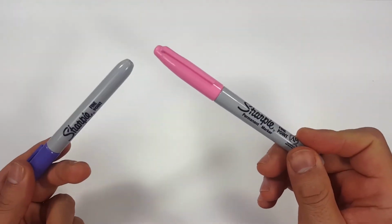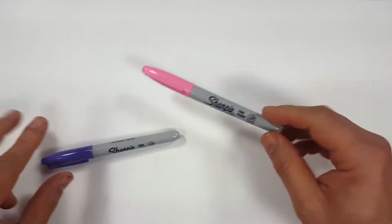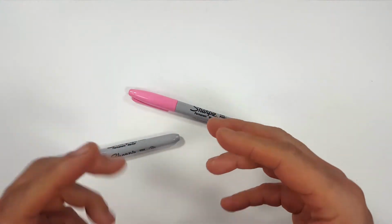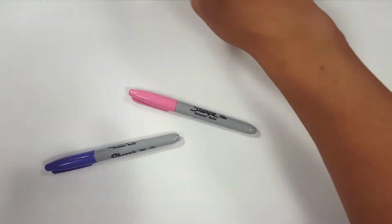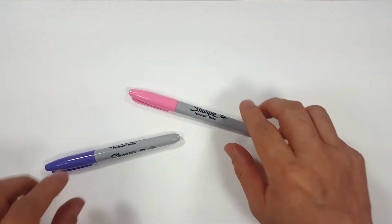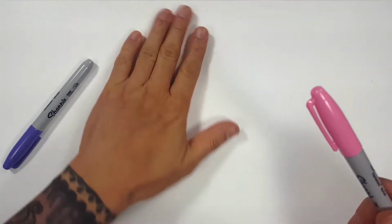Okay, Sharpies. So nothing but Sharpies today. I'm going to use Sharpies so you can see much better what it is I'll be doing. I'm going to play around with the idea of the ear and then you can go from there. So the basics of it are,